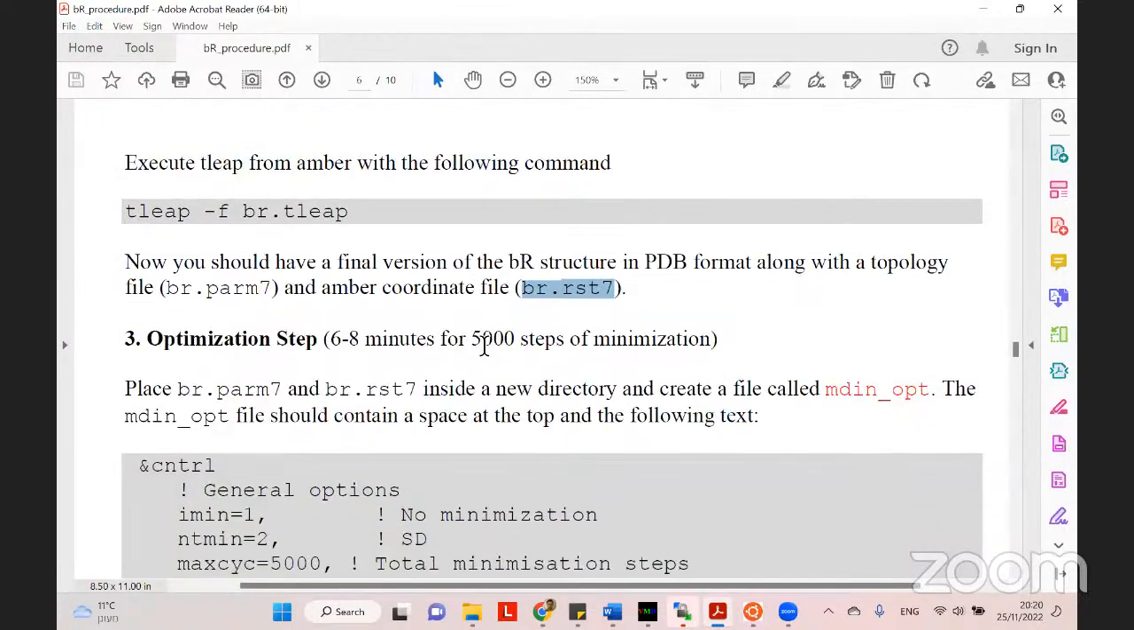So I want to mention we first prepared the PDB file. In the second step, we generated the topology. And in the third step, we ran the optimization. The optimization was done to remove bad contacts. So now, with the optimization,